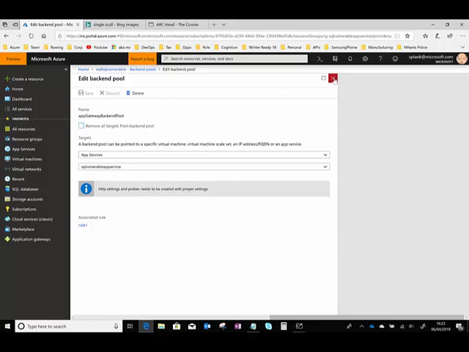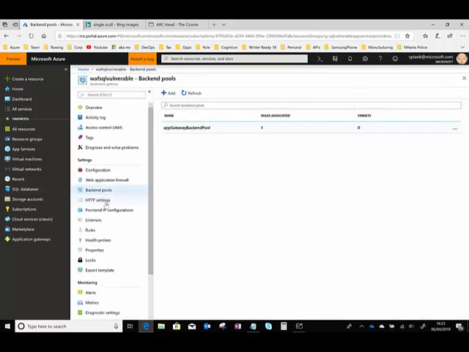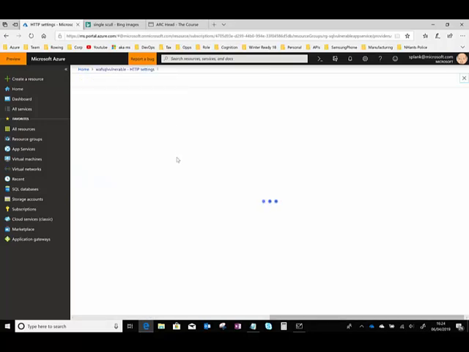So we can close that down. So now we go to backend pools. We've done that. HTTP settings. So we've got a setting for port 80, HTTP. What we need now is one for port 443. So a little bit of jiggery pokery is going to come in here. So if I do that,